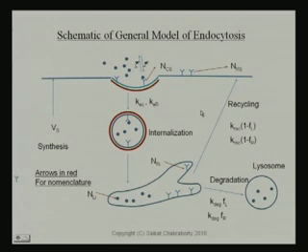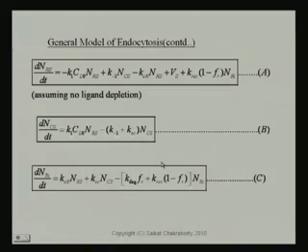We have to do a balance on NRI, that is the receptors in the internalized form. So that's what we will do now. NRI would not have anything to do with what is actually happening on the cell surface. It would have to start from the invagination or the encapsulation process. So NRI is given as